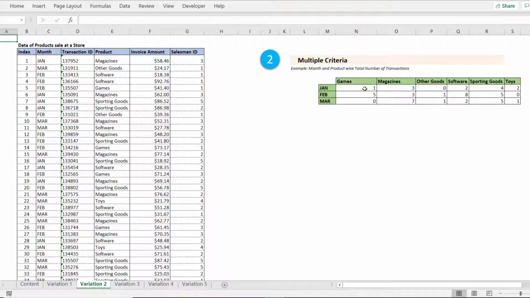And to also give you a sense of what all numbers we are computing here, we are looking at the number of transactions for different months under different product categories. Let's now take a look at a slightly advanced example